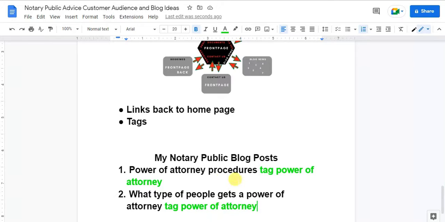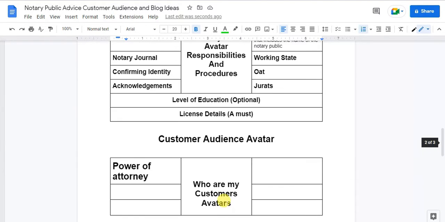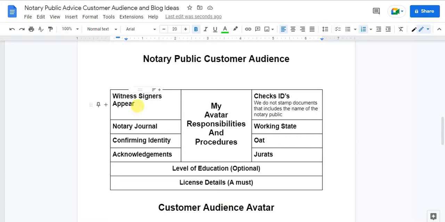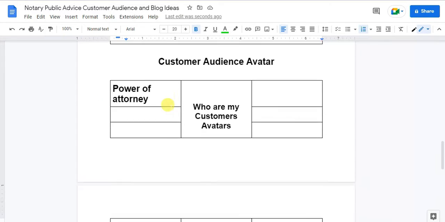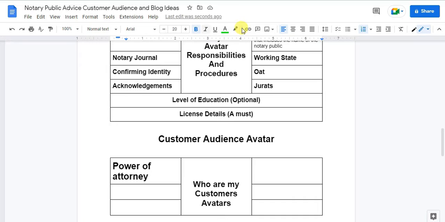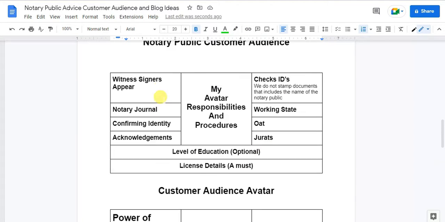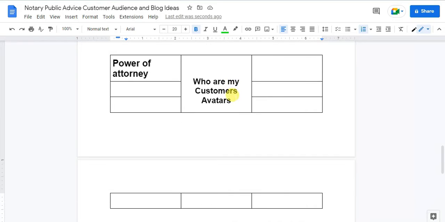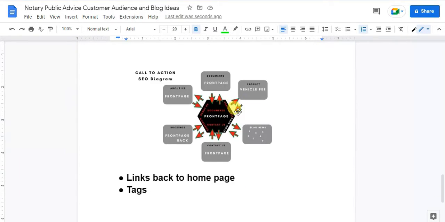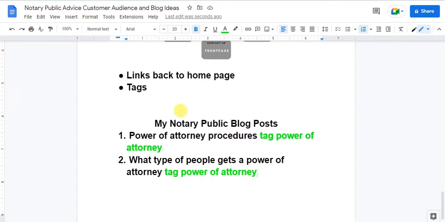So it's important you consider putting tags in your blog posts, okay? So that's for the blog post. And so we go here, the witness signers appear. So remember that you have to do a blog post that has to do with your avatar responsibilities, okay? So it's important, let's include it here. Let's include it here, my